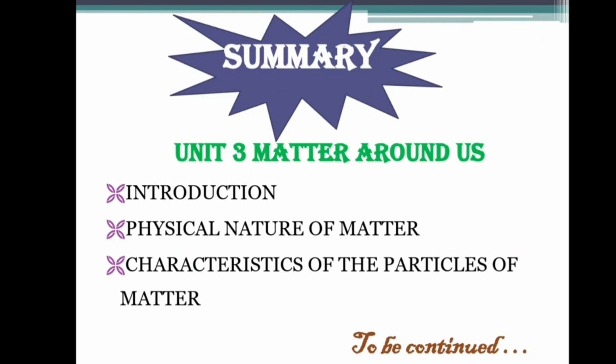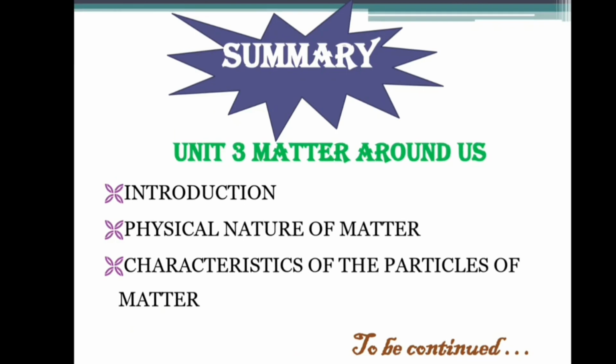Then we saw the physical nature of matter. In that we discussed various things like atoms and how matter may be a living thing or a non-living thing. We saw that atoms are very small, we cannot see them with the naked eye, and we discussed instruments like SEM and TEM. They are different types of microscopes which use electricity to map the atoms. Matter can be classified into three major states: solid, liquid and gas.